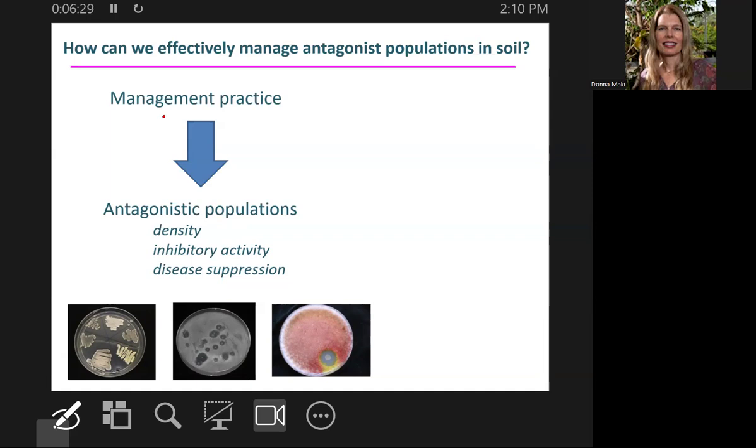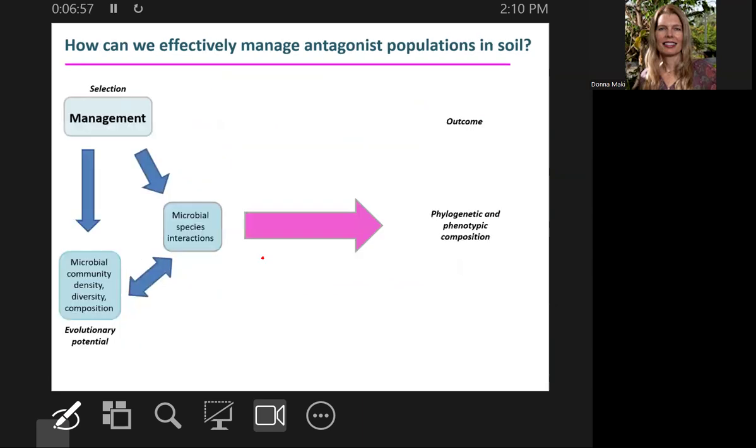It's a much more sustainable way of dealing with disease than saturating the soil with all those different fungicides or pesticides. So we want to increase their density. We want to increase how well they can kill off the pathogen. And of course, you ultimately want to see suppression of the disease when you harvest your plants. And so the question is, how do we do this? And it's kind of an interesting story, but